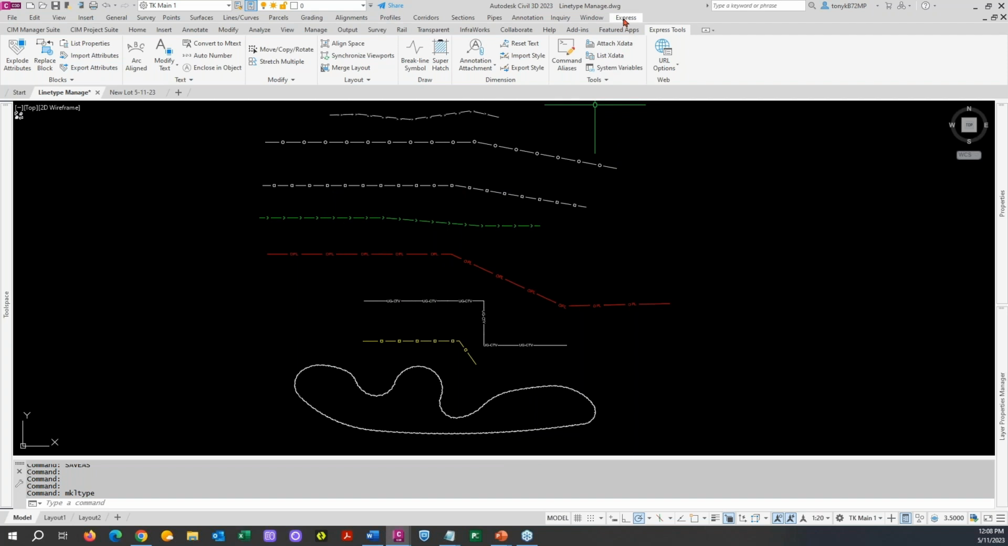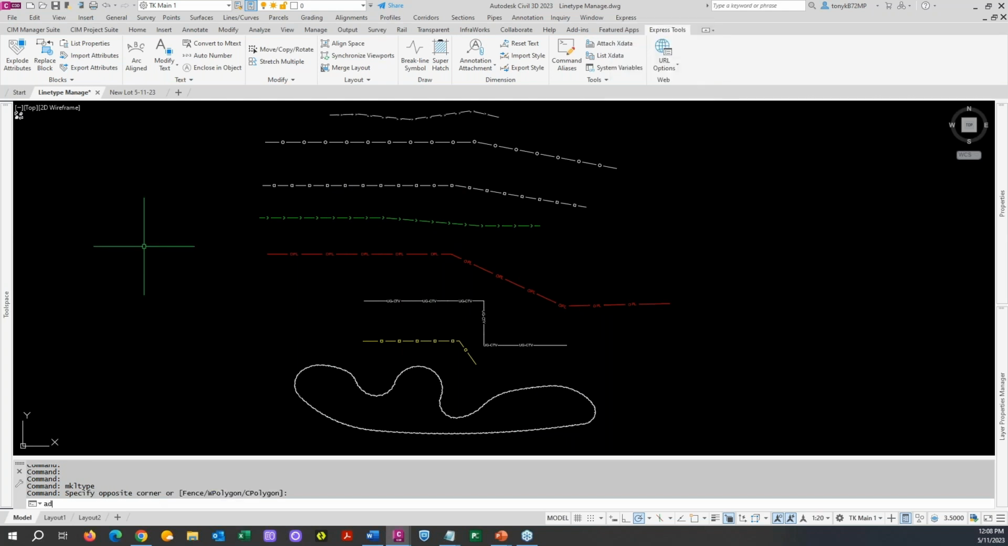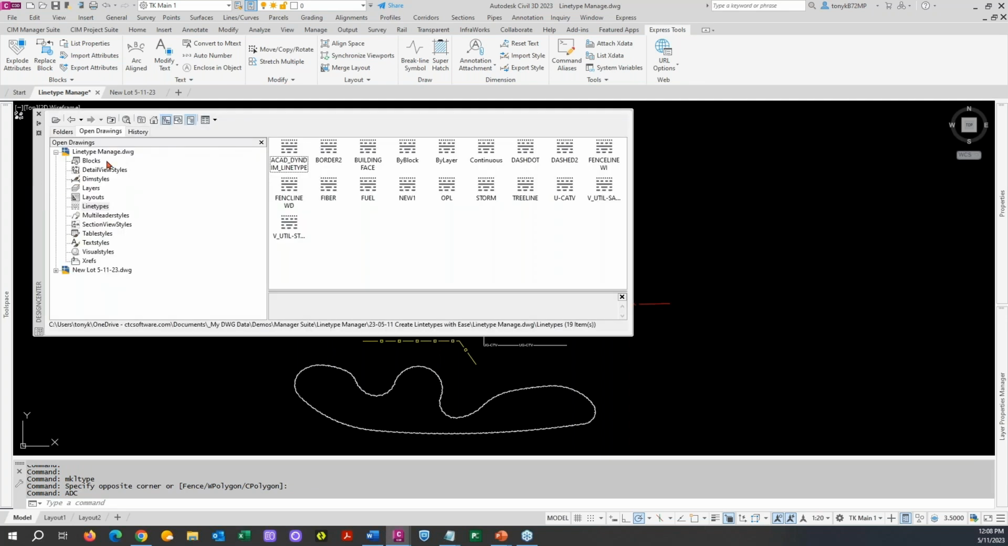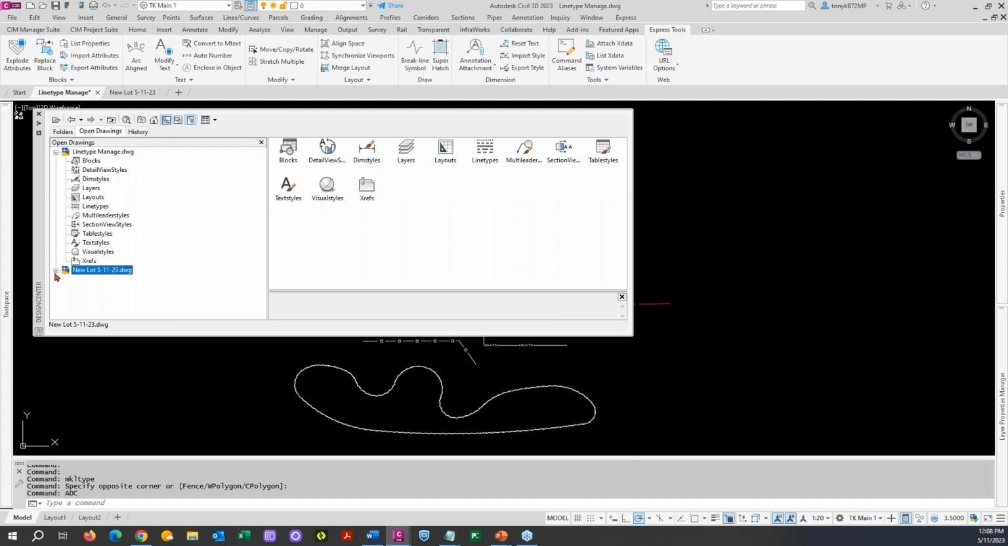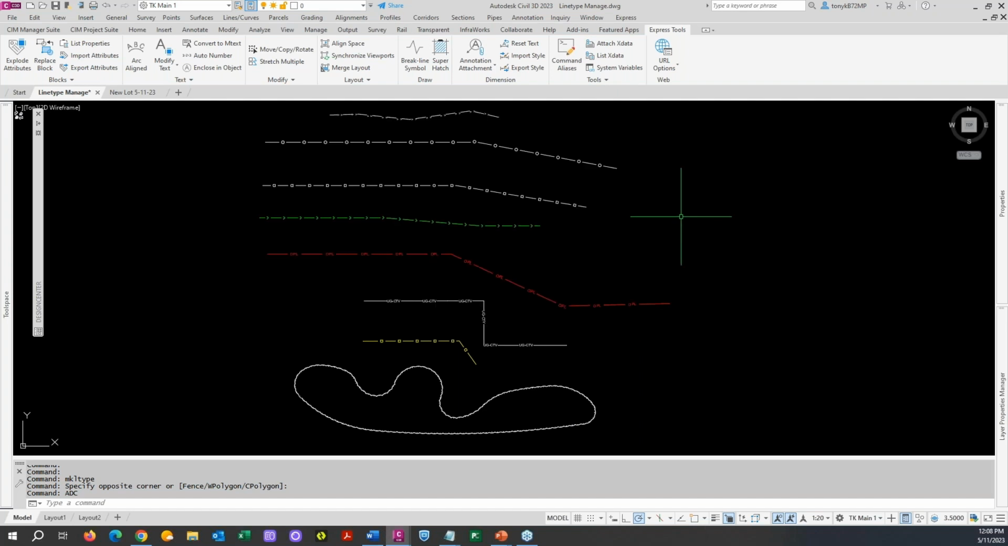So we can come through our menu bar too, and we can go through our tools. We can do the same thing, the make line type command here. We can come through Design Center. We can go to and open any open drawing. We can grab the line types here. We can see what's there, and we can drag and drop them. But again, then they live in this drawing. So not the easiest, best way to do things,